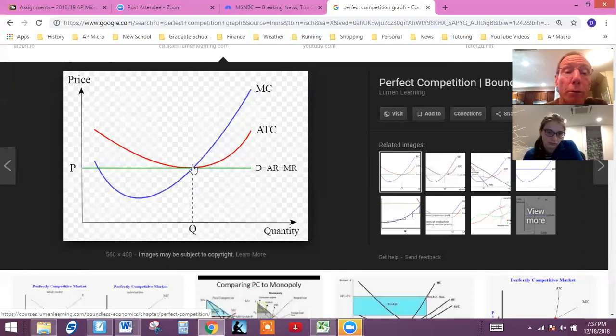But I also want to point out, you can see right here that the marginal cost curve starts off going down and then it goes up. Okay? So the marginal product of the labor is going to start off going up and then it's going to go down. Okay? So if we looked at a